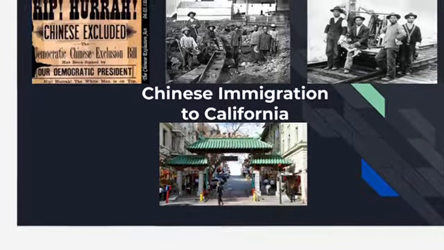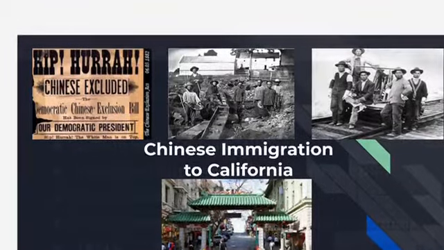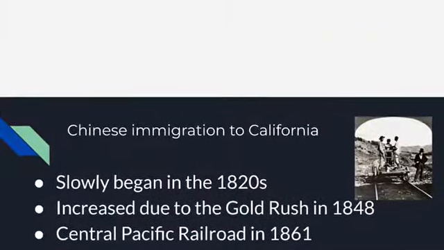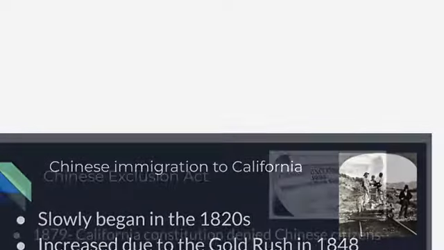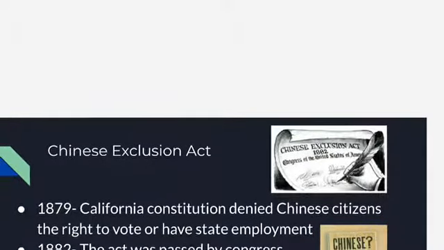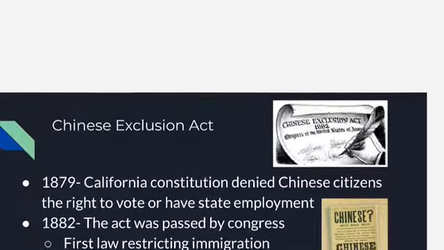Chinese immigration had a major impact on Central California in Period 6 of American history. Immigration slowly began in the 1820s, but greatly increased due to the discovery of gold in Central and Northern California during the gold rush of 1848. However, due to discrimination, the Chinese workers were banned from mining and were sent to work on the Central Pacific